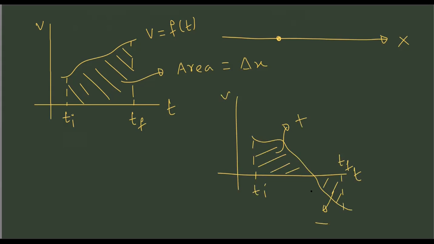What this really means is, let's say this curve is intersecting the time axis at some point, let's call that t star. From the initial time to t star, the particle is moving in one direction. After that, the particle has changed its direction. The velocity has become negative. If the velocity becomes negative, the vector has changed its direction.